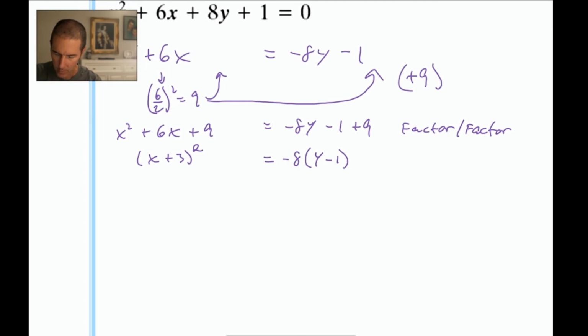So again, in here, this really says negative 8y plus 8. After you combine like terms, then I factored out the negative 8. Nice. Let's match this up with the correct format. This says x minus h squared equals 4p times y minus k,